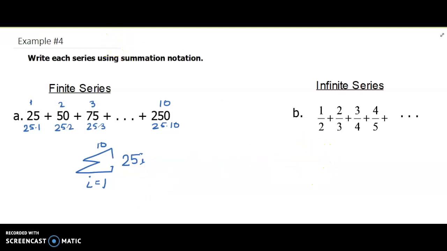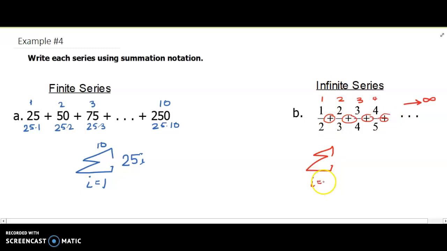Over here, this is our first term, second, third, fourth. Notice there's no end in sight, so it goes toward infinity. If I'm going to add them all up, I use my sigma, because that's what tells me I need to add them up. I'm starting at the first term, and I'm going to infinity this time. Here notice it's just 1 over 2, 2 over 3, 3 over 4. So the numerator is the same as our term number, so this would be i over. And the denominator is just 1 more than our numerator, so I'm just going to put i plus